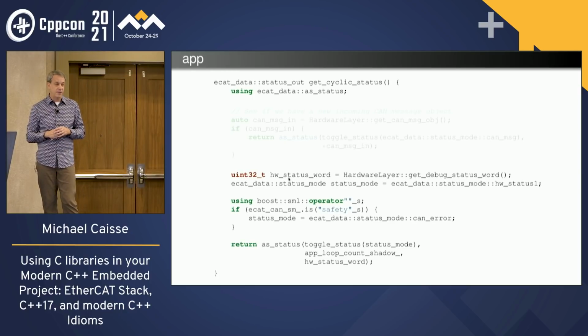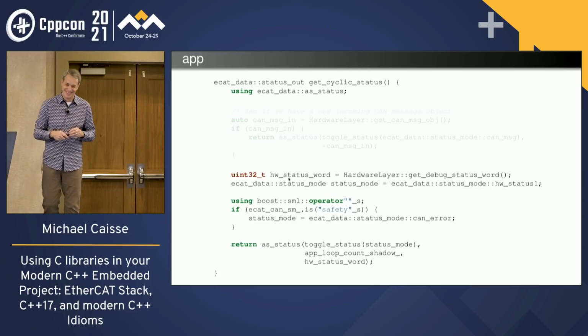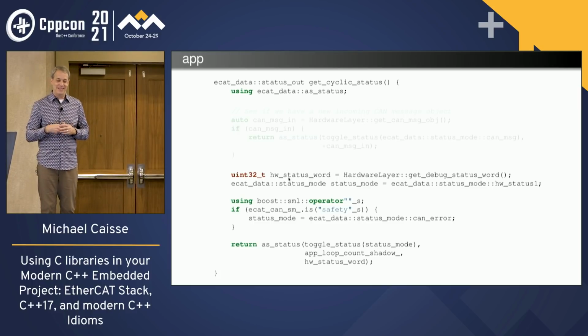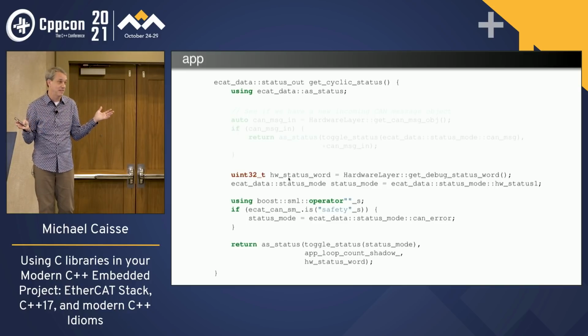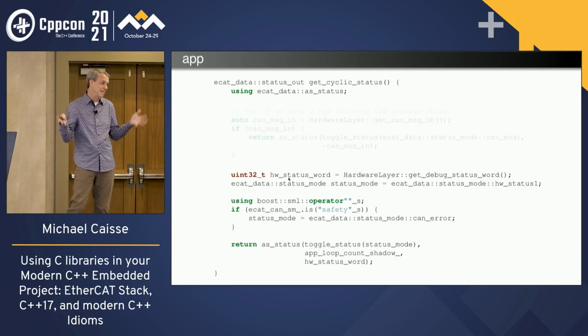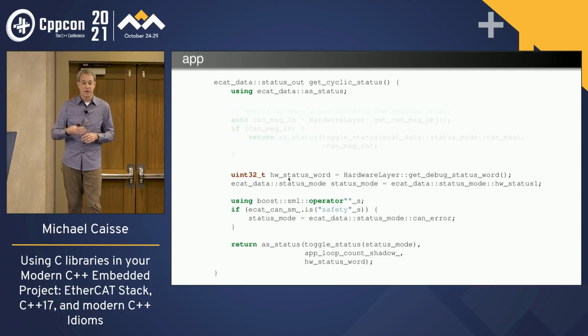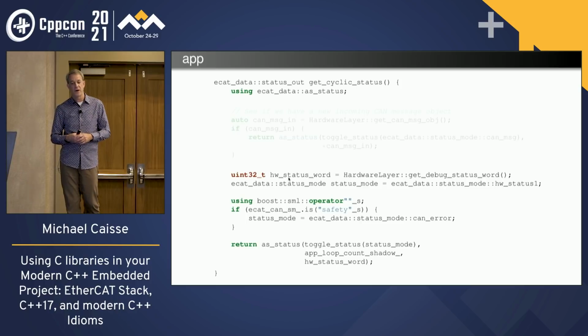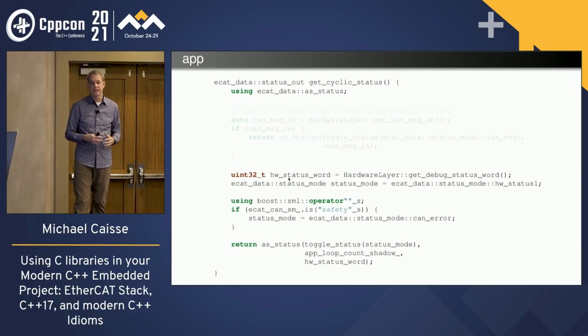And here's another code smell. So one nice thing is we have free cycles, right? So in EtherCAT, if I don't have anything to send back, I might as well send something back. The data is going back one way or the other, right? So let's fill it up with something interesting. So let's go ahead and fill it up with maybe some debug status information. And one of the things that you see that I look for is, am I in the safety state? And if I'm in the safety state, then go ahead and send back the thing as an error.